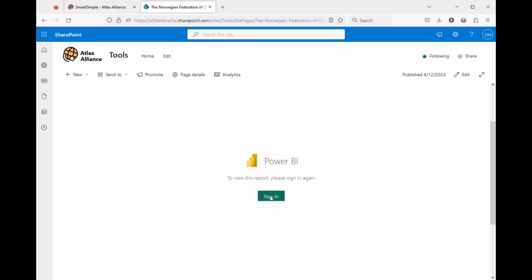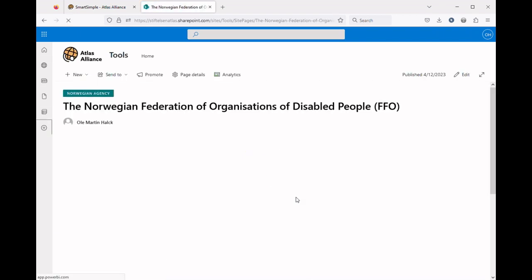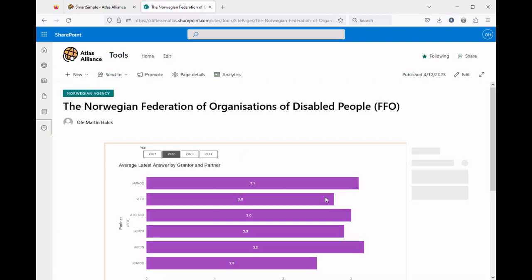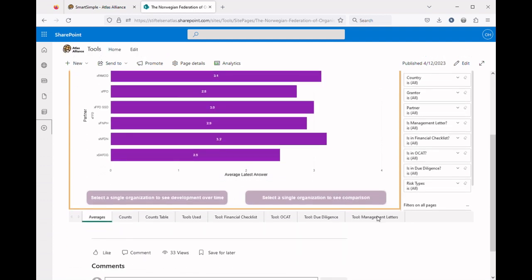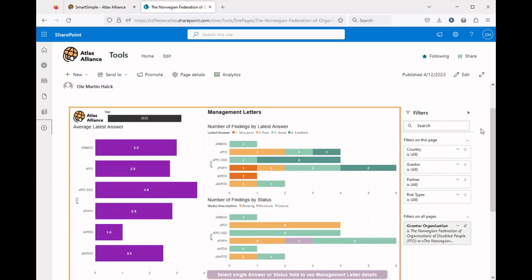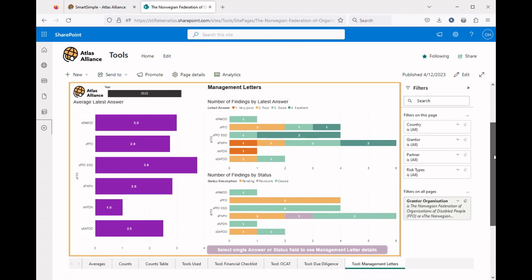Look, we need to sign in. By the way, sometimes it seems that signing in doesn't work. In that case, just refresh the browser. And I get taken back to the start. Okay, we were here. As I said,